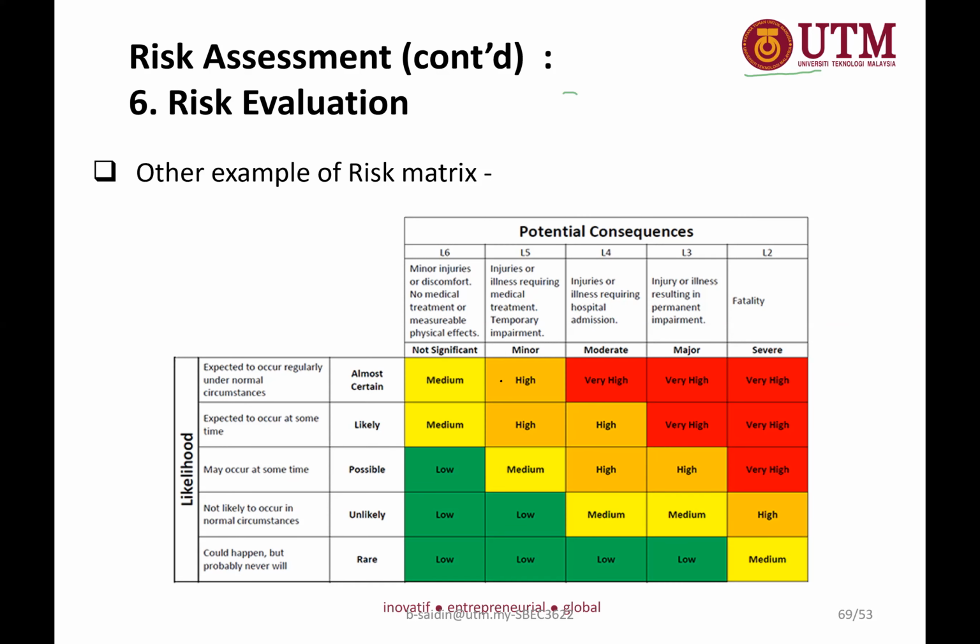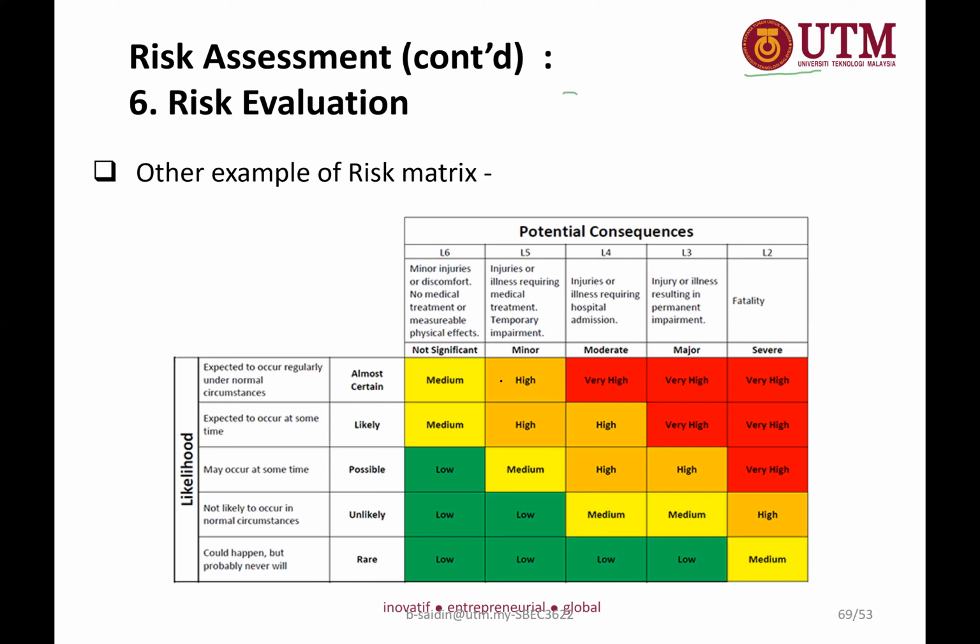Why do we classify low, medium, and high? Because once you calculate the risk, for instance, you do have 10 activities that you figure out with regard to, let's say, site preparation work, site clearing, cut and fill, topsoil removal, etc. Let's say 10 activities. So when you calculate, then you will get different range of value. For instance, site clearing could be 15, cut and fill could be 25, and then what else?